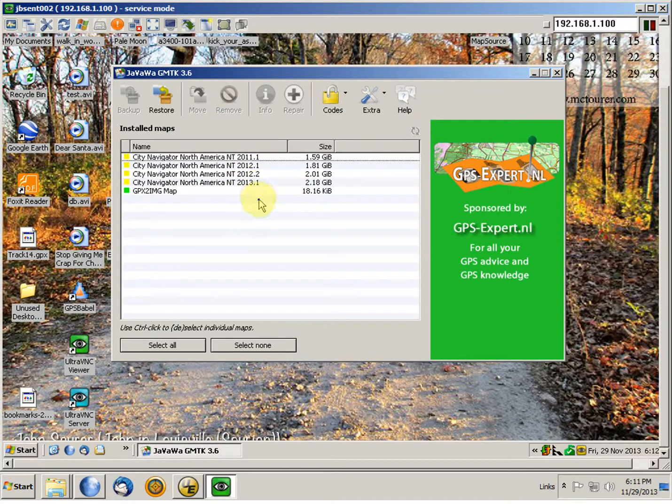Now, since this is an old computer and I am moving to a new one, I will probably eventually remove all of these except for the latest one. But for right now, I just want to move the latest one here to my new machine so that it's available in Basecamp. So what I'll do is choose backup,